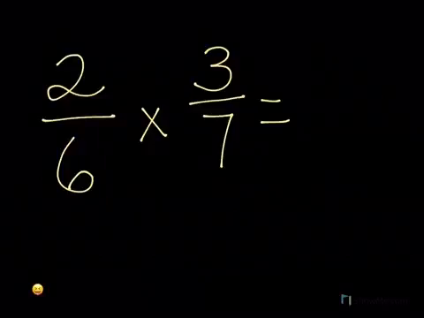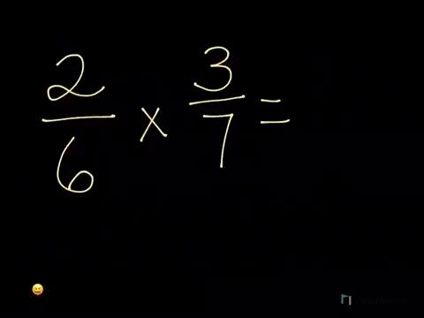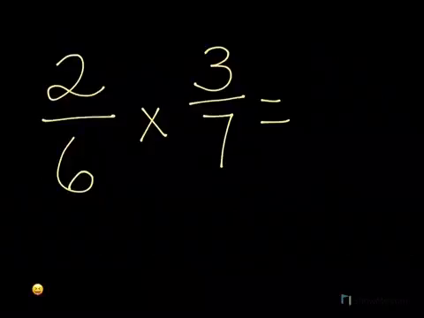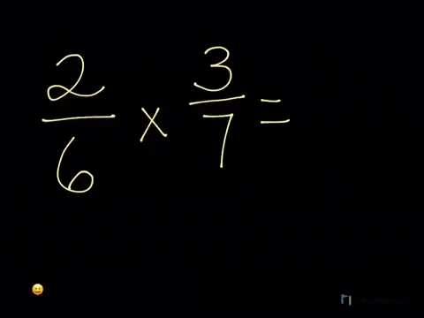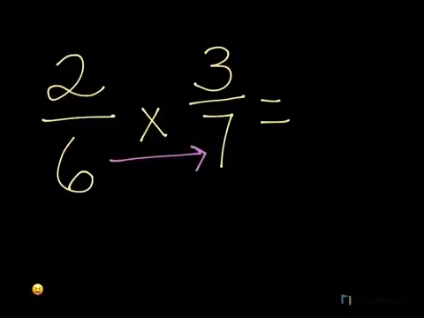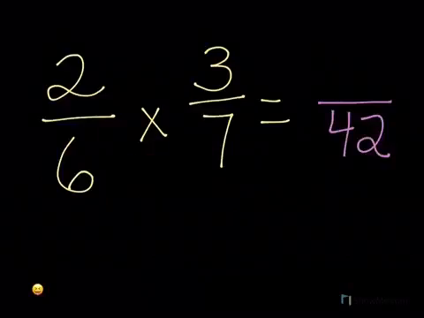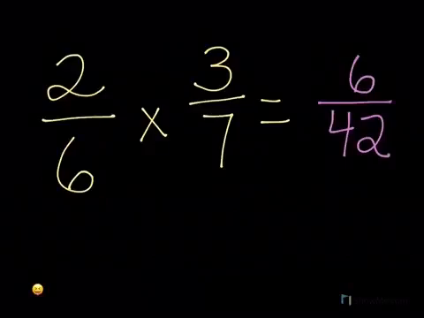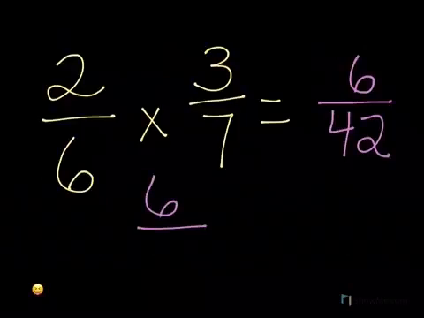In this example, we have 2/6 times 3/7. We can multiply straight across because we have fraction times fraction. So 6 times 7 is 42, and 2 times 3 gives me 6. I'm not done because I need to simplify